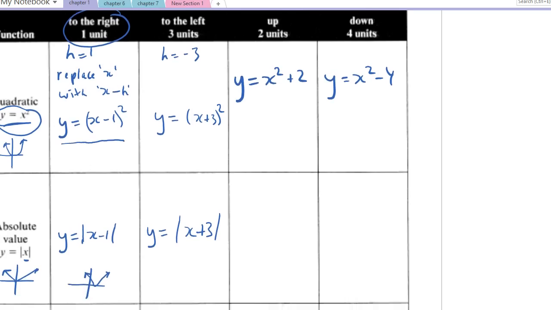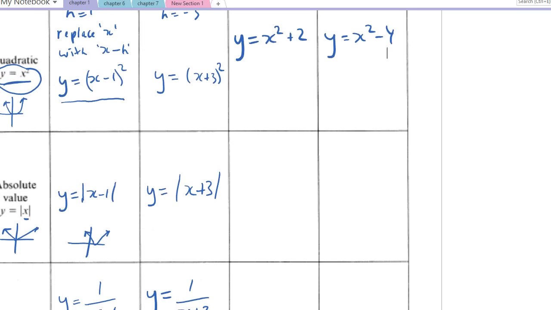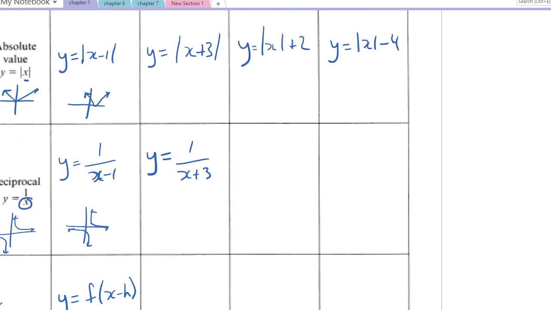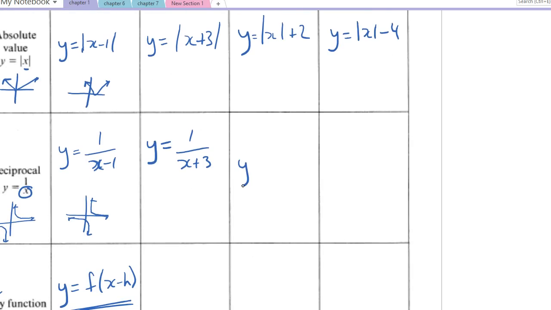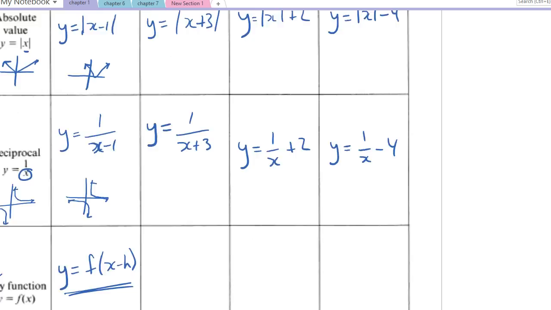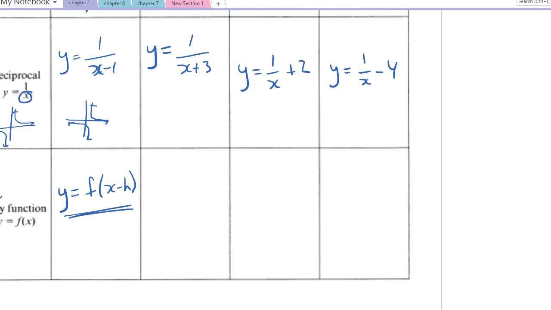I won't go through the individual examples of it. Now, for this absolute value, y is equal to the absolute value of x plus 2. Here we get y is equal to the absolute value of x minus 4. If we want to move it 4 down, we put minus 4. For the reciprocal, y is equal to 1 over x plus 2, y is equal to 1 over x minus 4. And now for any function at all,